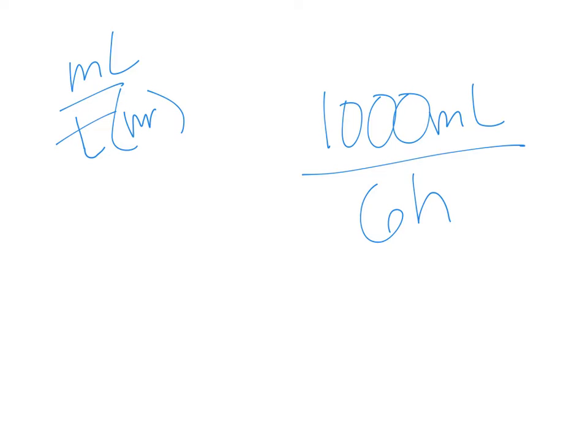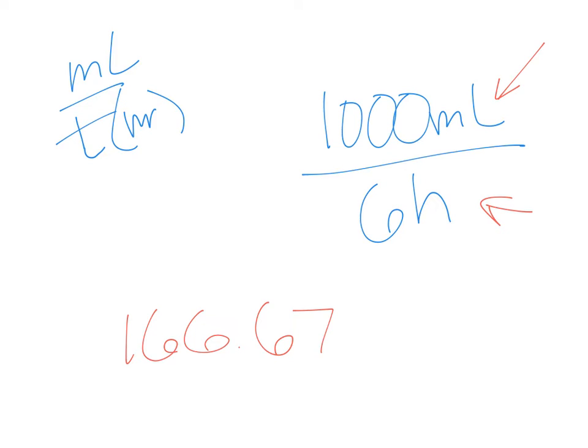Are both in the appropriate units? Milliliters and hours? Absolutely. So all I have to do is divide the two. And when I divide the two, it's going to tell me exactly how many milliliters that patient's going to get per 1 hour instead of 6. They get 1,000 over 6 hours. When I take 1,000 divided by 6, I get